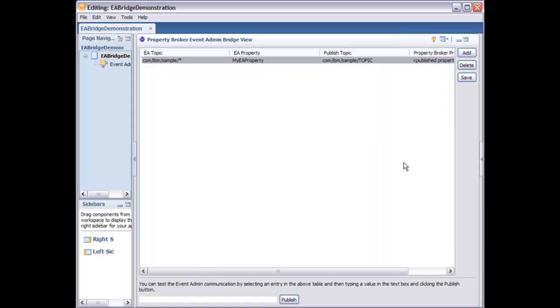And let me close this for more real estate. And then the property broker property that we're going to publish and register with the property broker will just be my property. And what we can do is use this little area down here to test it. What this publish does is it takes the value you enter in the text field and then publishes this particular property on the published topic. So when we come in here and type in my value and hit publish,